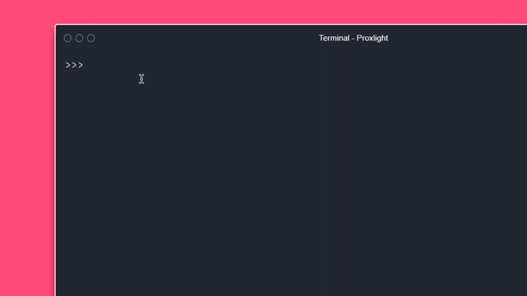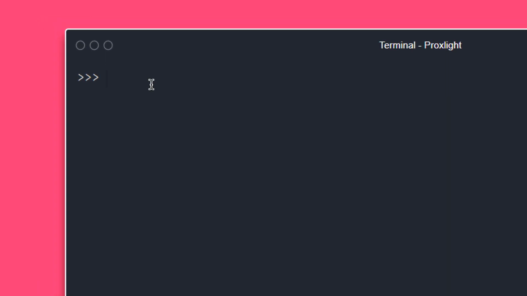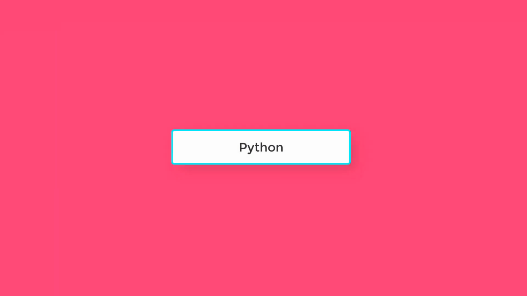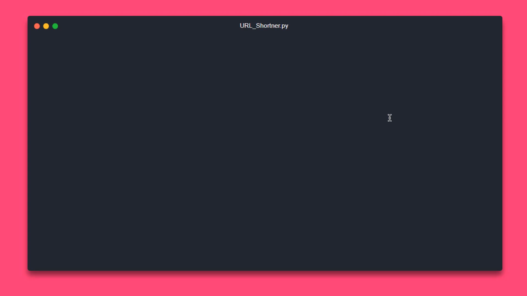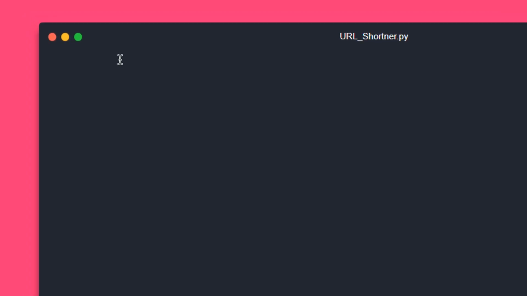First of all, go over to your terminal and type in pip install pyshorteners to install PyShorteners. Alright, then hit enter to install the package. Now we also need EEL for this project, so let me type in pip install eel. Alright, we have finally installed EEL also. So after that being said, let's start the coding from the Python part. Here I have already created a file, urlshortener.py. Now let me first of all import all the required packages. In the first 2 lines, I'm just importing pyshorteners and also eel for creating the GUI based application.